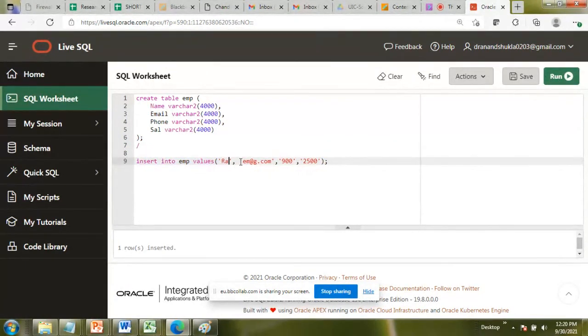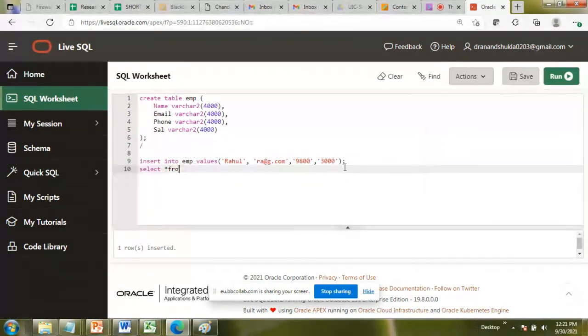One row again inserted. Rahul, RA, 98, $3,000.